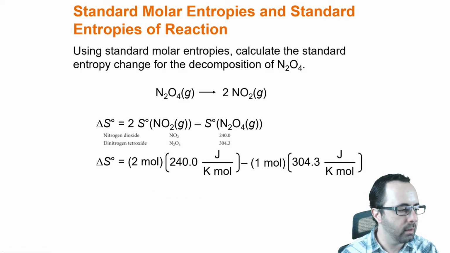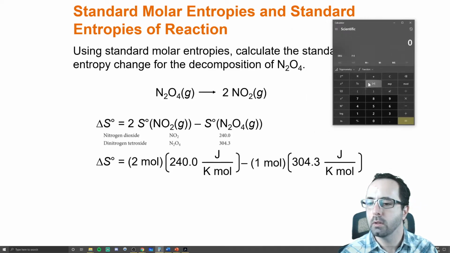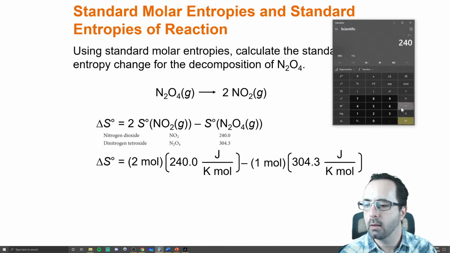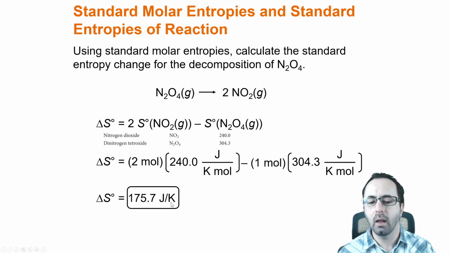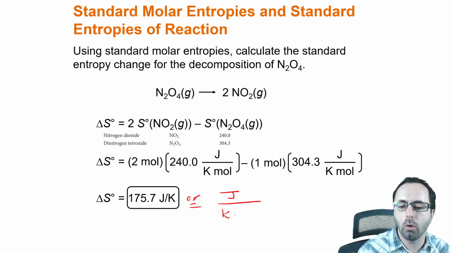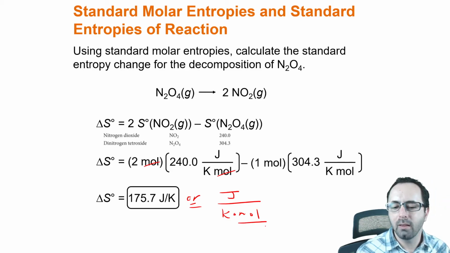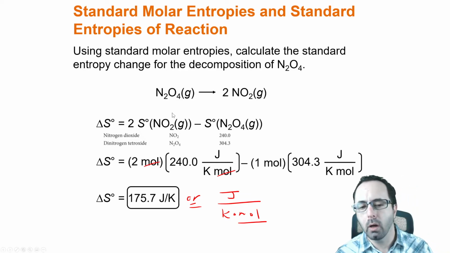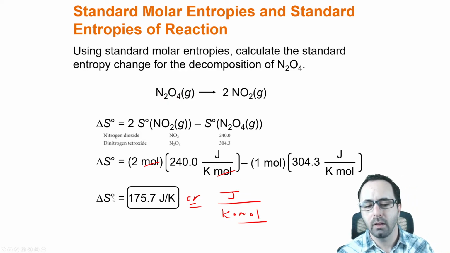So now we can calculate this here. We've got 2 times 240 minus 1 times 304.3, and we get 175.7, and our units will be joules per Kelvin, or you can say joules per Kelvin per mole. Now it's written this way because you can see moles canceling, but really the mole is implied. What we're saying here is that when 1 mole of N2O4 reacts, the change in entropy is